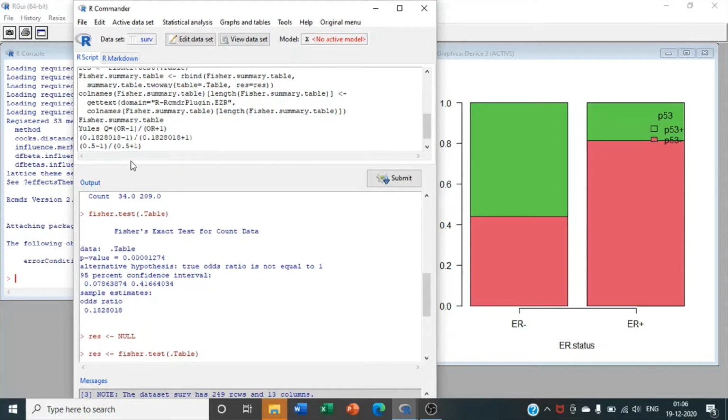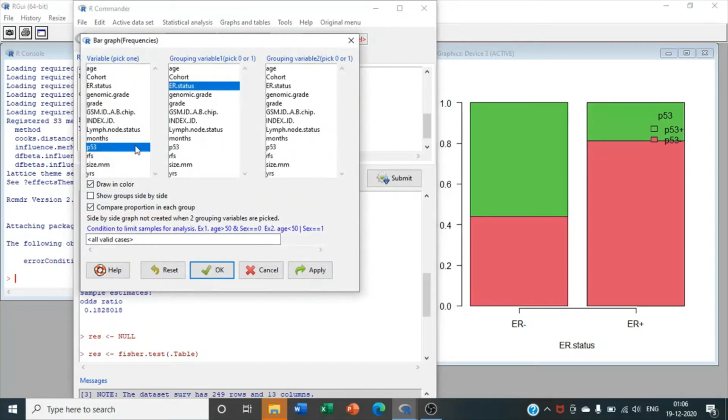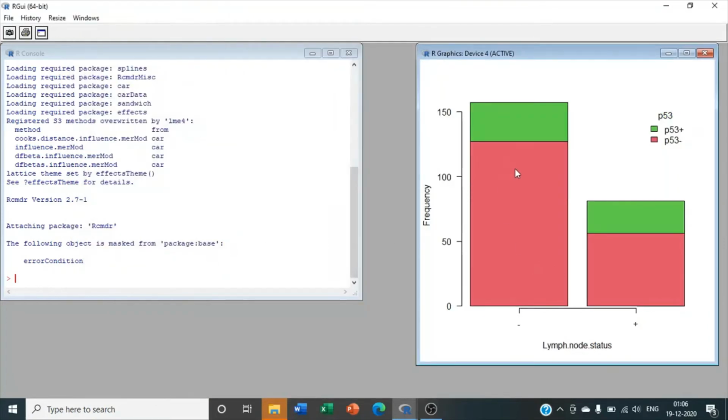Let us see now what about the relationship between P53 and lymph node status. We can always, and we should, be visualizing it by the graphs. P53 over here. Instead of ER status, let us click on lymph node. Let us just see the proportions first. Now, this is the proportions that we see. We see that for lymph node negative tumors, which were more in this data set, the proportion of P53